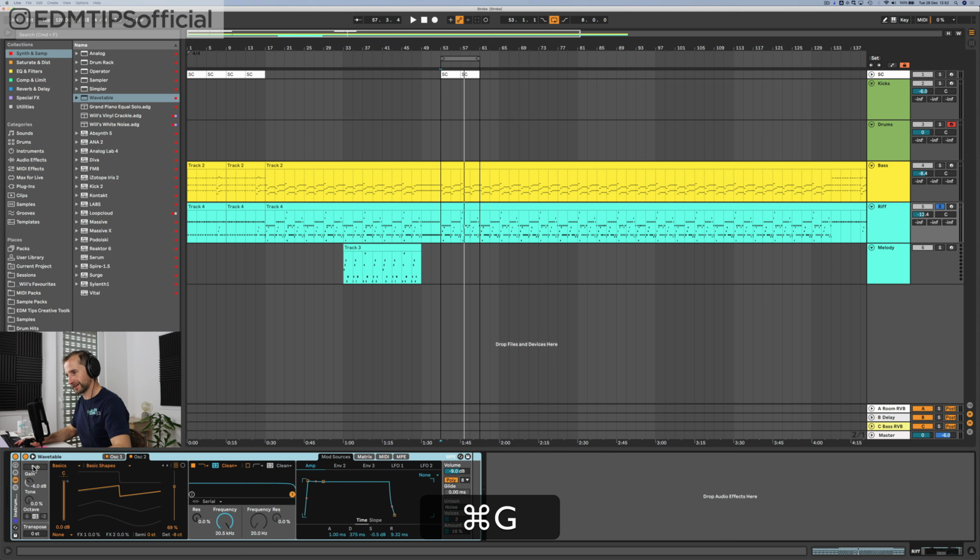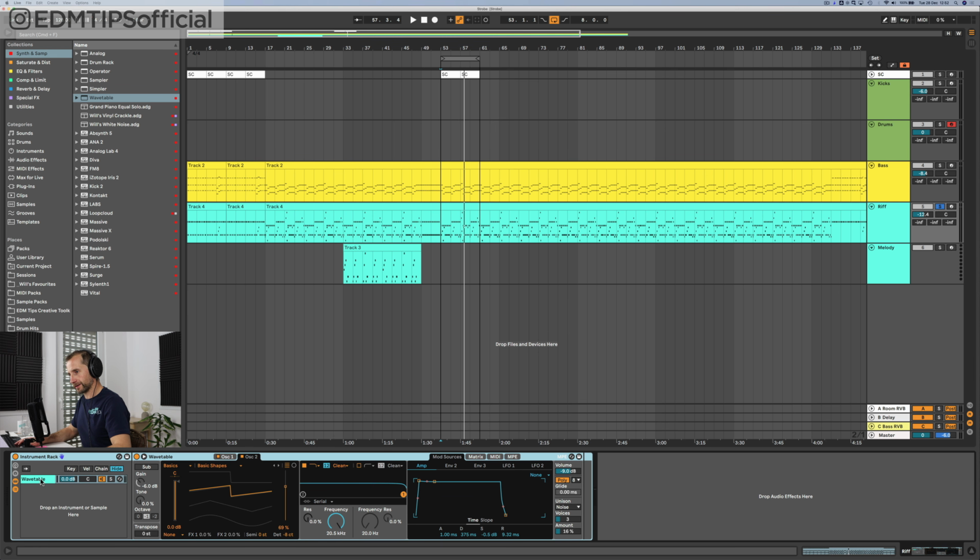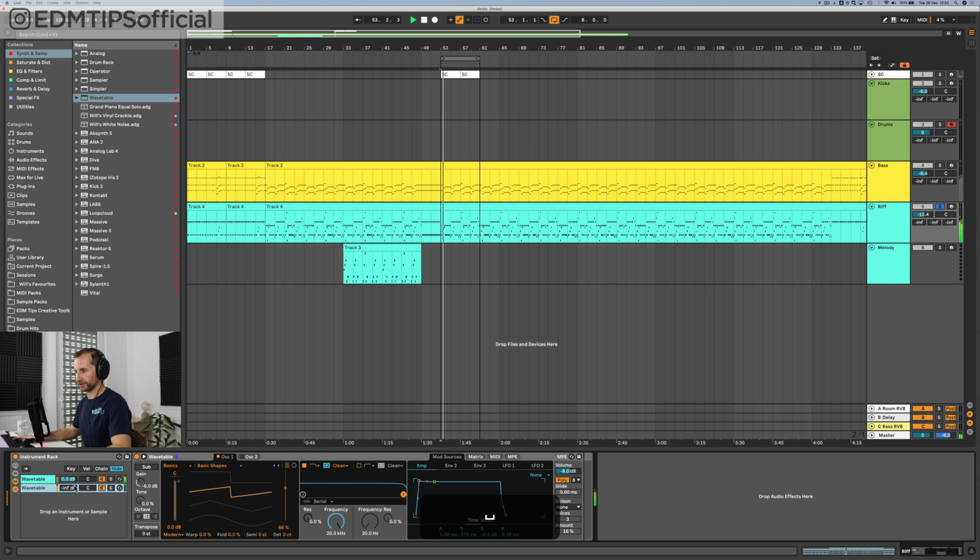I'm going to group this and open it up here. So now if I duplicate this wavetable, I've now got two wavetables playing the exact same MIDI notes. And because one of them has got the unison on, which kind of softens the sound a little bit, takes out some of those high frequencies, for the second wavetable, I'm going to turn off unison like this. And that is instantly going to make it a little bit more crunchy, a little bit more buzzy. So let's just feed in that top wavetable with the rich, thick one.